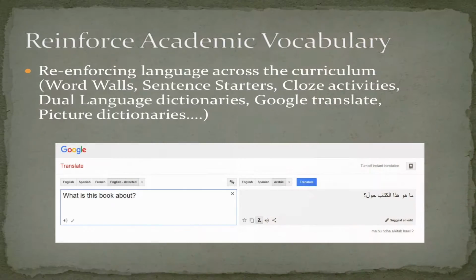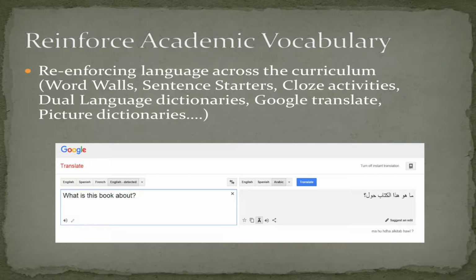Of course, we continue to reinforce academic vocabulary with our word walls, sentence starters, cloze activities, all those things that you use with your ELD students. With your ESL students in ESL programs, you want to continue with the ELD program, and you just want to build on that. So, dual language dictionaries. If the child does have some first language literacy skills, you can still use those resources,